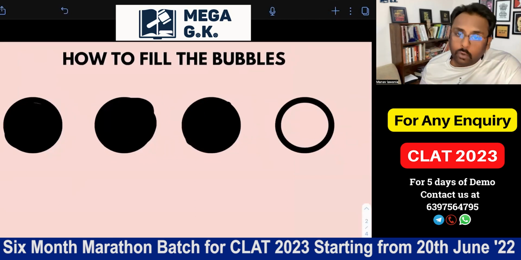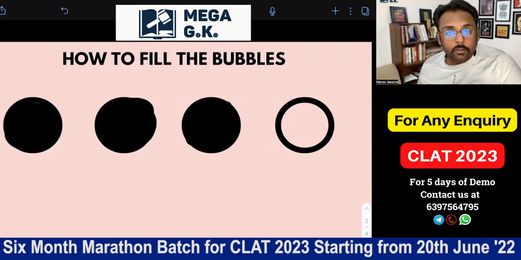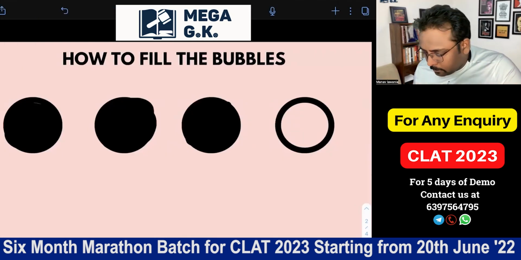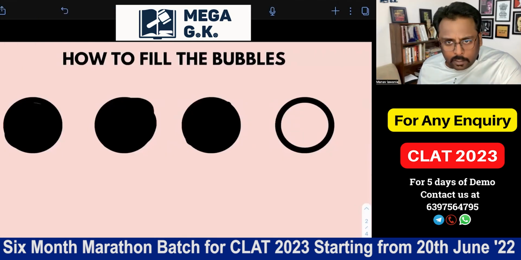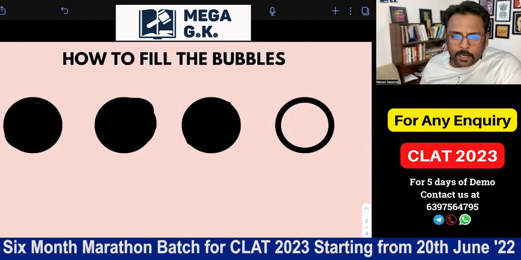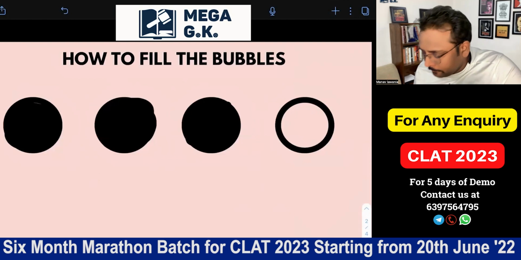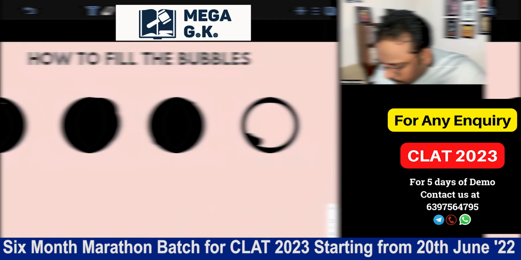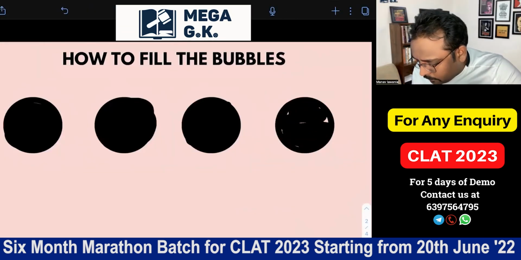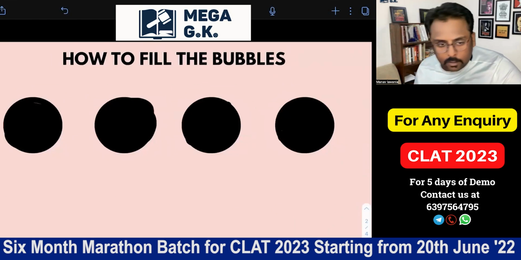And then comes the fourth way, and do watch the complete video, because at the end of the fourth bubble I'll fill all the 4 bubbles one by one with a single technique, so that we can see the flow. Next comes the fourth way. The fourth way is a unique, new way, inspired by nature, like how water gets filled up in a tumbler or a bubble. So we start from the bottom and we go upwards. This is the fourth way. Oh, I marked it a bit in the wrong pattern.